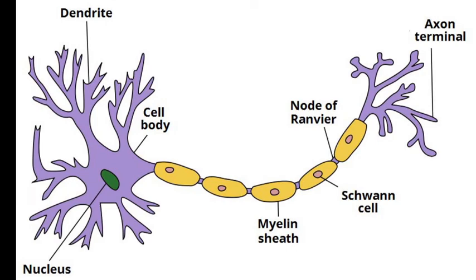The unit of the nervous system is the neuron. This is a picture of a neuron; I think you have all seen it very carefully. It is very important because all functions of our body are controlled because of neurons. All humans have a basic need to control and coordinate all the movements occurring in them. One of the most important requirements for controlling all aspects of the body is a system of rapid communication.